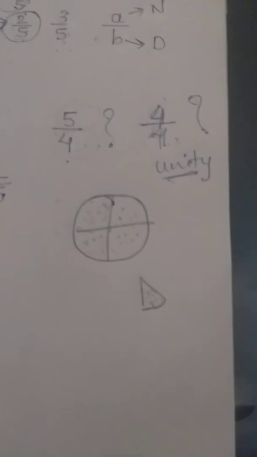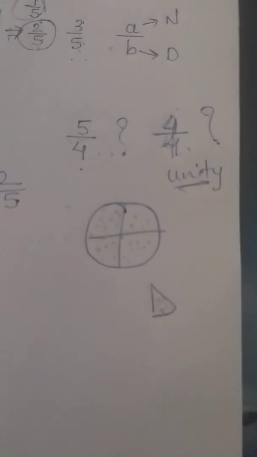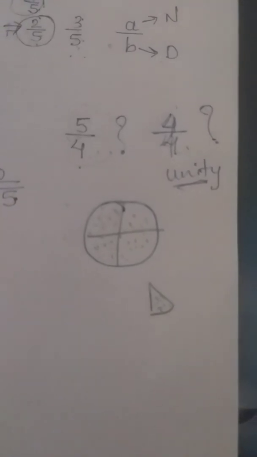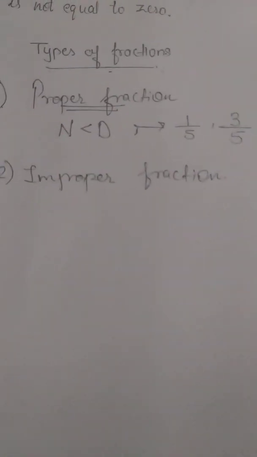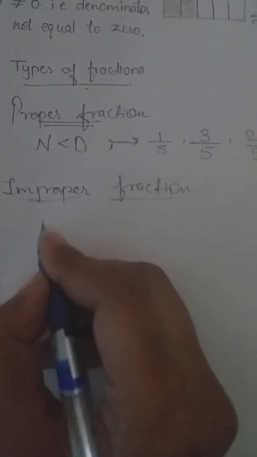In this condition, it comes to unity, the answer will be 1, so it is also called an improper fraction. So yes, this too is an improper fraction. So fractions can be divided into 2 types. Here I have done proper fraction and improper fraction. Improper fraction is where I say the numerator